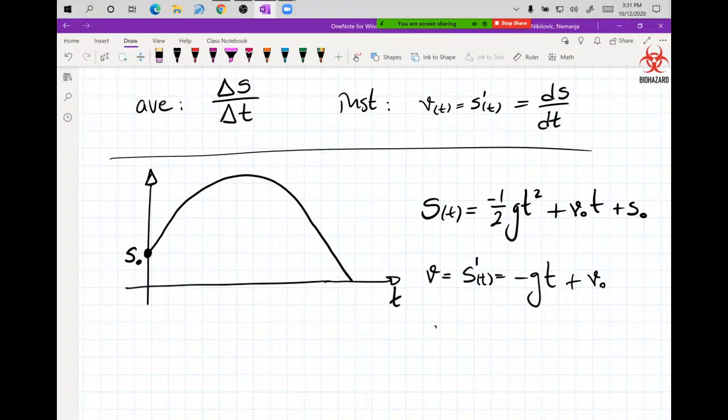And you can take one more derivative, which is acceleration. And when you take a look at your equation here, derivative of t is 1, so we just get negative g. And you see that acceleration is equal to the negative gravity, meaning acceleration downwards. If you throw a rock up, the rock will come down because acceleration is towards the center of the larger object. Now, if you want to be so smug and say, well, yeah, Earth is the biggest object here,